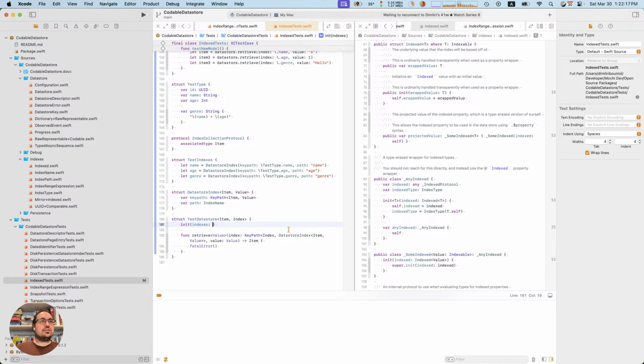Data store index of item, any. Okay, and then here I would say indexes, and I would list out all my indexes.